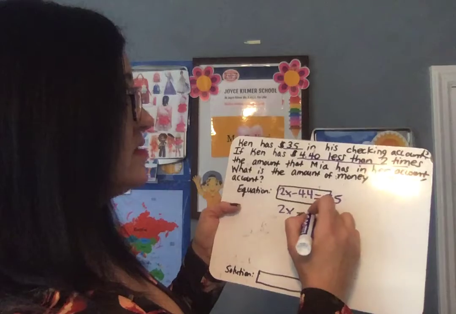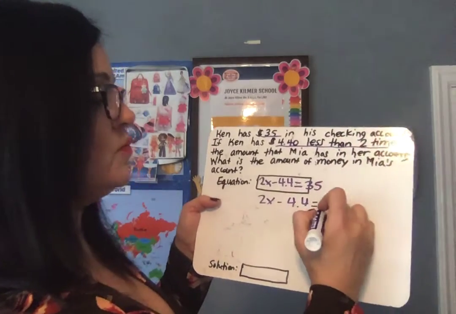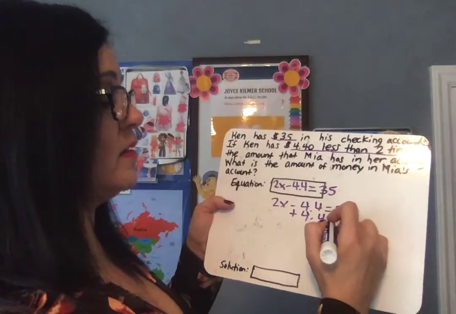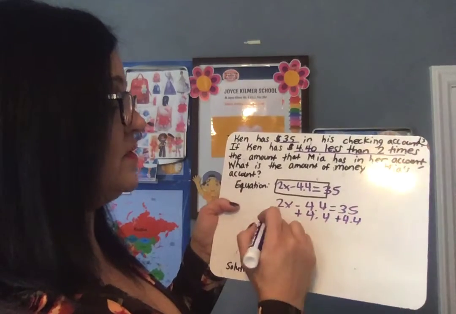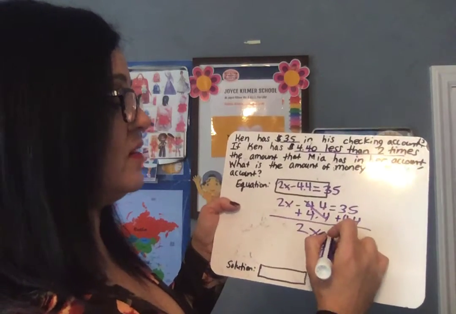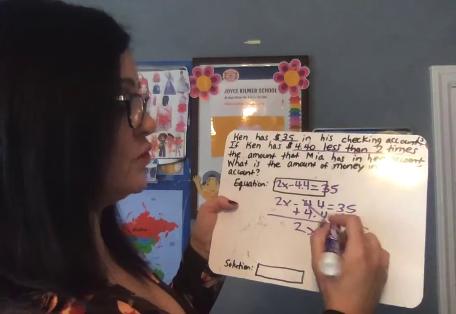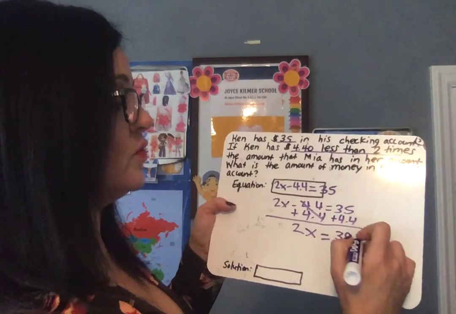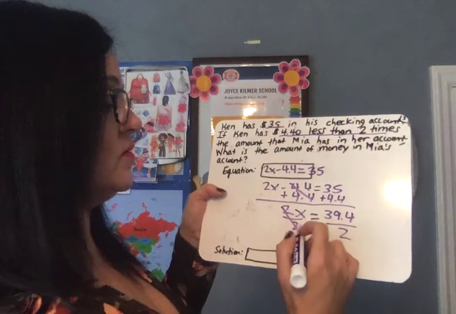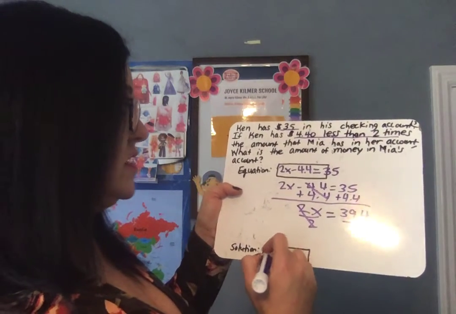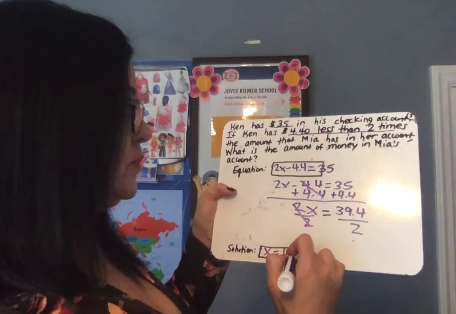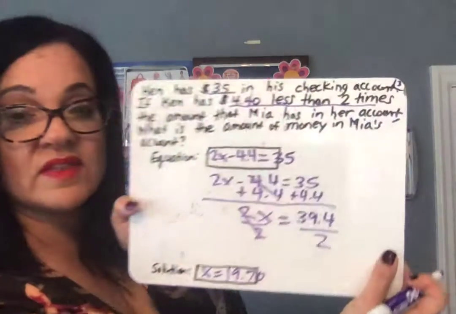Let's go ahead and solve that. We know that x wants to be alone, so we will add $4.40 on both sides because that is the opposite. Draw your line, bring down your 2x, cross this out, and 35 plus $4.40 is $39.40. We'll divide 2 on both sides, cross out your 2, and x, 39.4 divided by 2 equals 19.7 or $19.70,